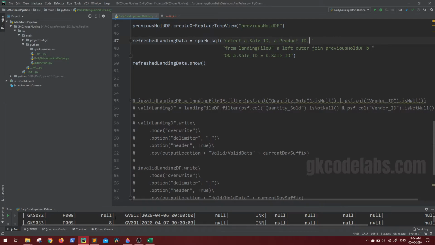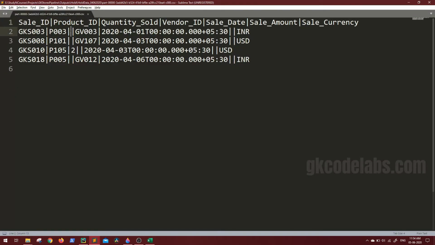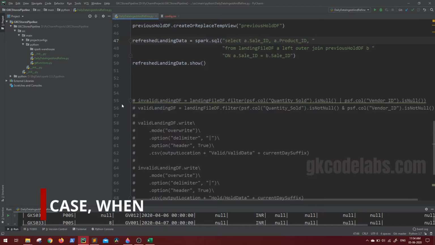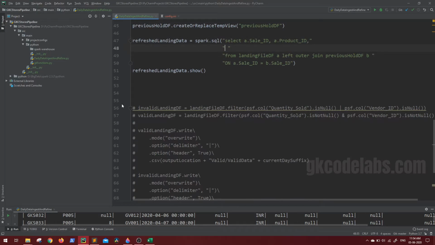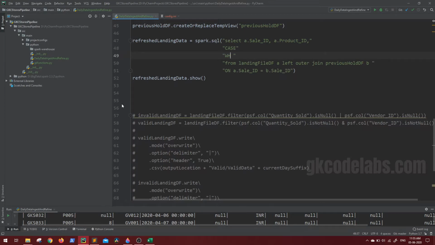Now coming to quantity sold, which is where we have to do this game. Now when you have to put some conditions in Spark SQL, you can easily make use of case and when statements. That is very useful in such kind of use cases. So how we use is, you have to write case along with when. These two clauses you can mention. How it works is, it will create columns as you are mentioning the comma.